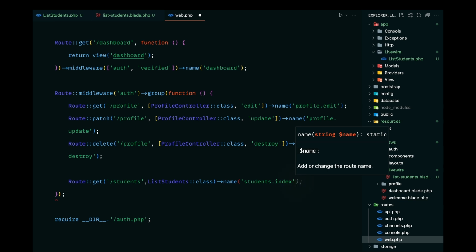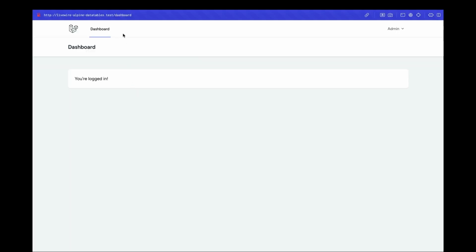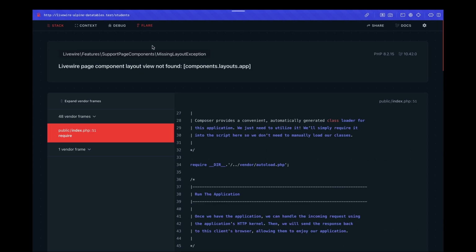In this case, it's students.index. Let's save that, and we might get an error about the layout file not found by Livewire, and I think we have looked into this earlier as well, so I will fix that if we face that error. Okay, so let's navigate to the students route. I'll just type in students in here, and okay, we get this error that Livewire page component layout view not found,